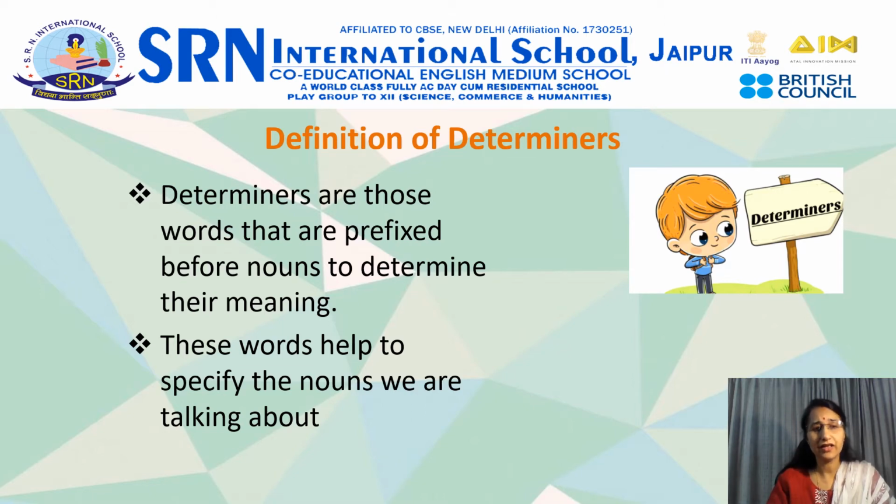Let's take a look at the following sentence: the cat is very fat. So the word the is the determiner. So determiners work to specify exactly which cat it is. Many different parts of speech can function as determiners. There are various types of determiners that I'll be explaining to you one by one. But before I proceed, let me state some examples, like the boy you met is my friend, or this novel is very interesting, or there were many people at the station.